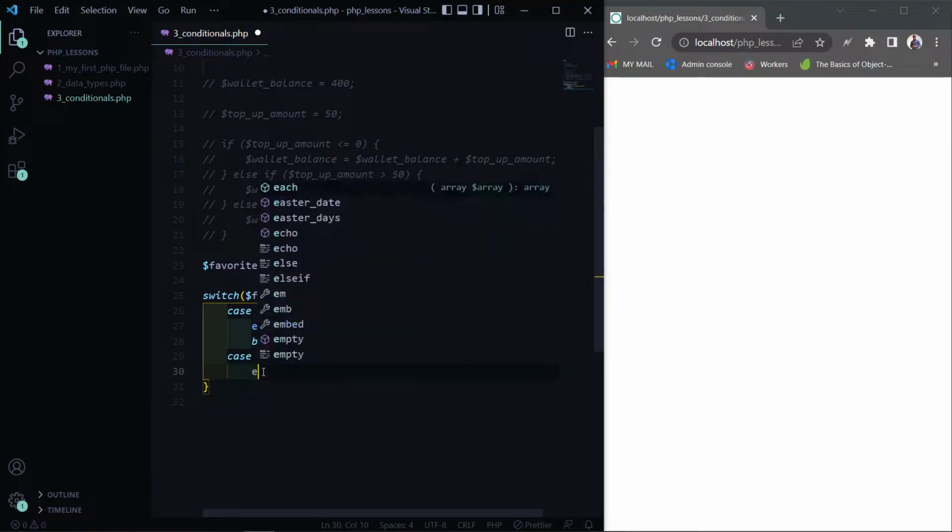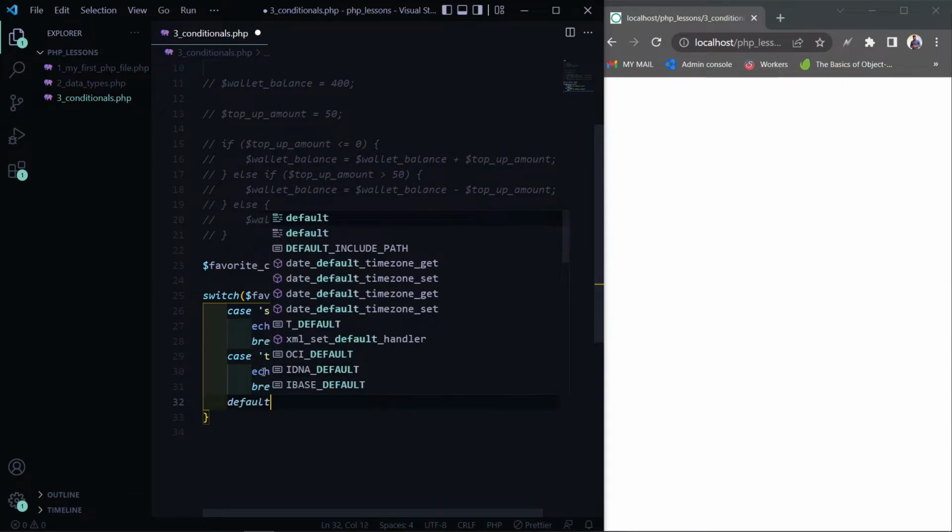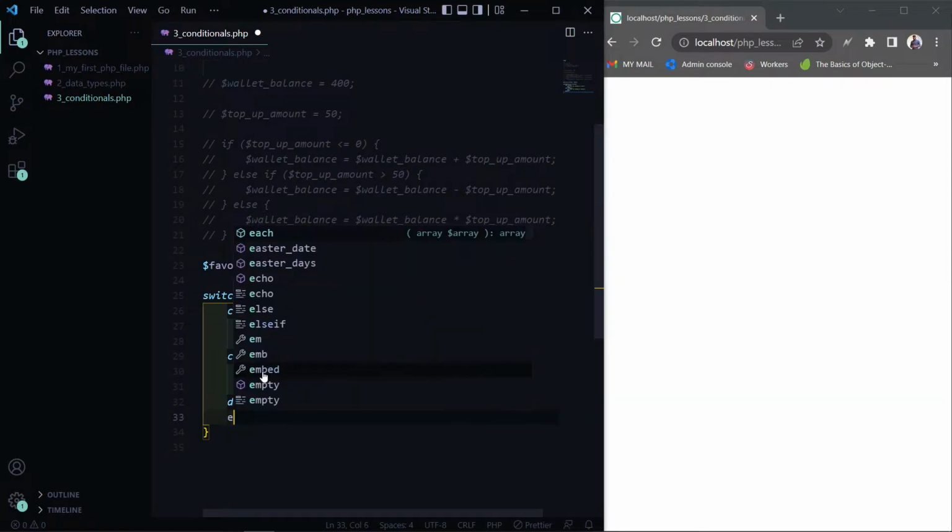Okay, then we say echo "your favorite clothing is trousers." And then we break it here, right? We can have as many cases as we want, and then we say default. So default, we are trying to say if